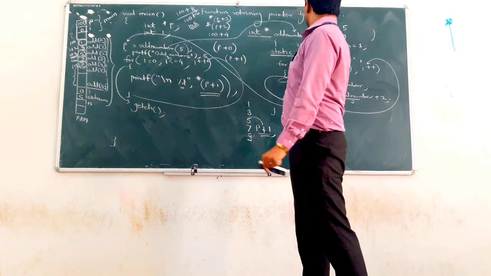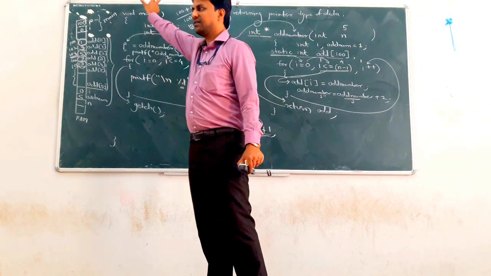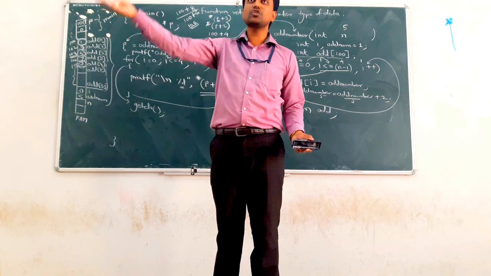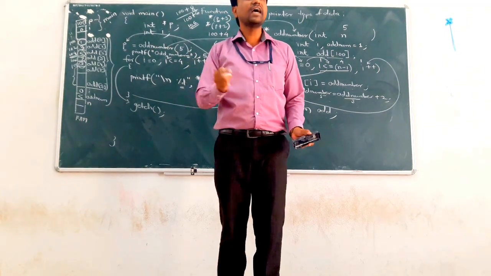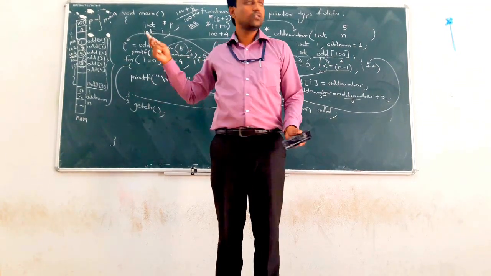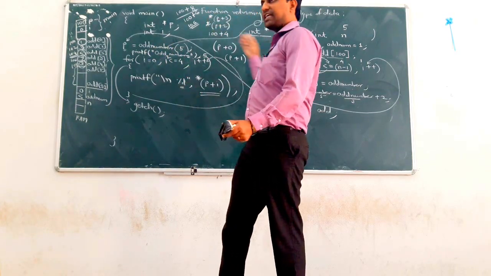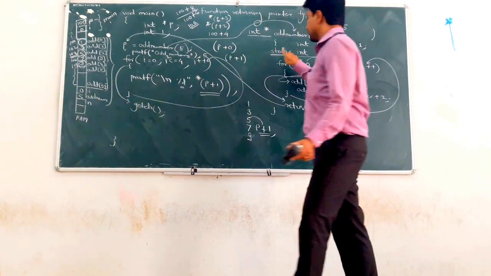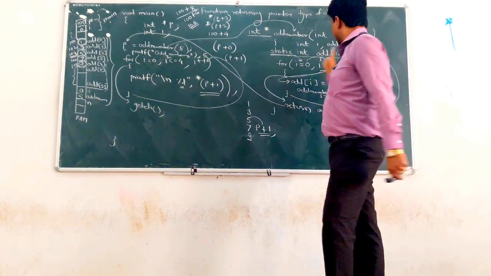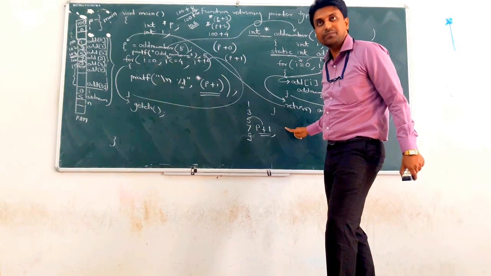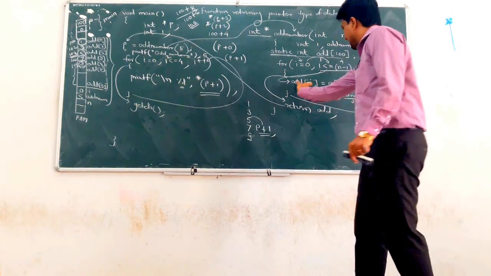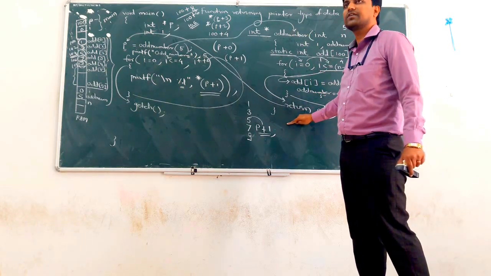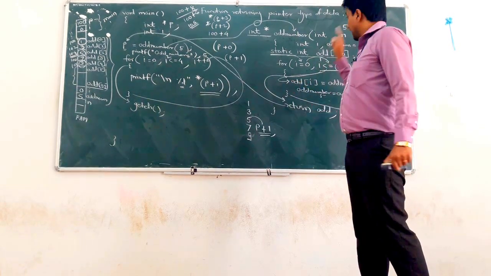Another solution is we can make it a global array. If it is a global array, then no problem. Lifetime is also throughout the program execution, and accessibility is through every function. We can access that array in every function. Note down that point. But if the storage type is static, then we can access that array only in the odd number function, like odd of I. Clear?